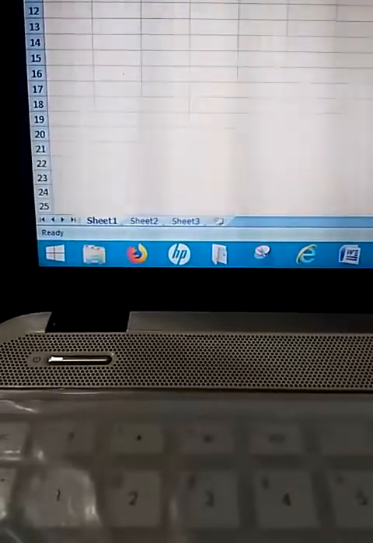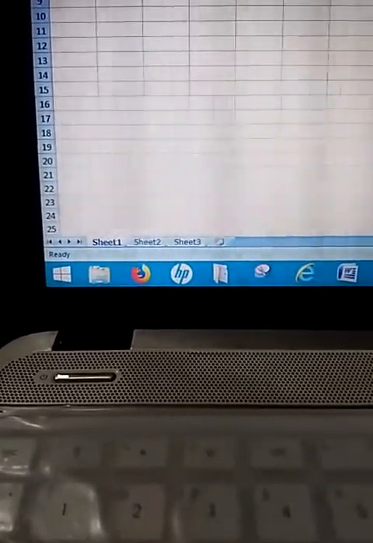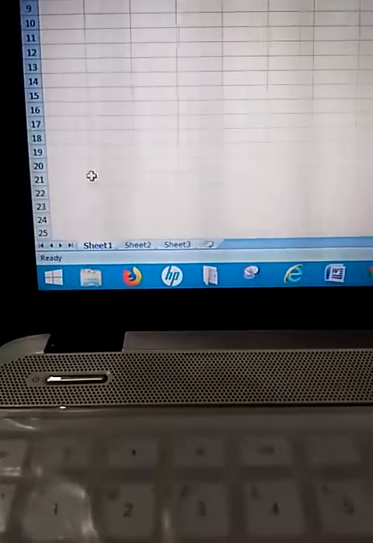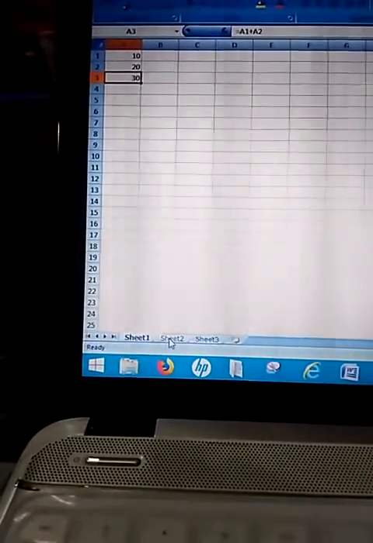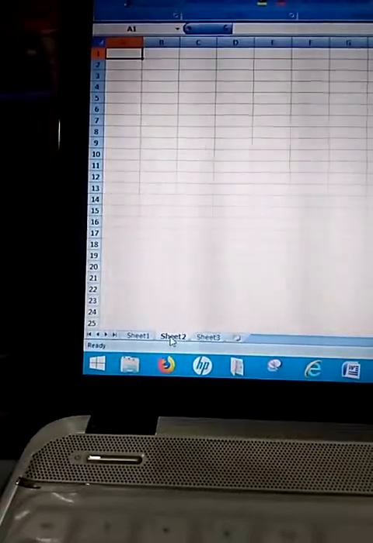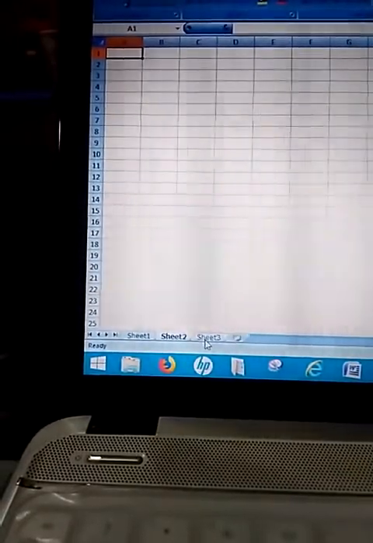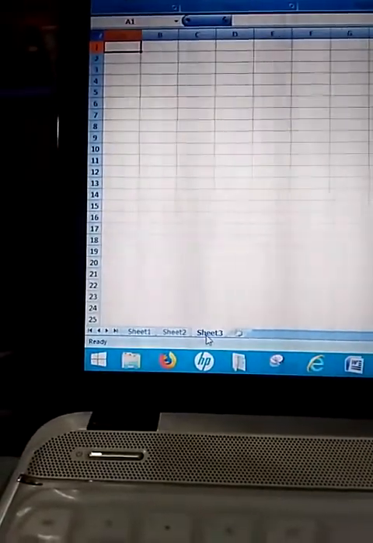These are the sheets. If we click on sheet 2, then sheet 2 will appear. We have written something on sheet 1, and if we click on sheet 2, it will be a blank sheet. Sheet 3 will again be a blank sheet.